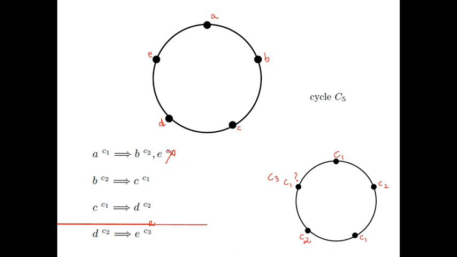C1 is adjacent to C2, and again you can give the next color C1, and again C2. If I give C1 here, these two will be equal. If I give C2 here, these two will be equal. So the only possibility is to use another color, which I took here as C3. So the chromatic number for C5 is three colors, namely C1, C2, C3.